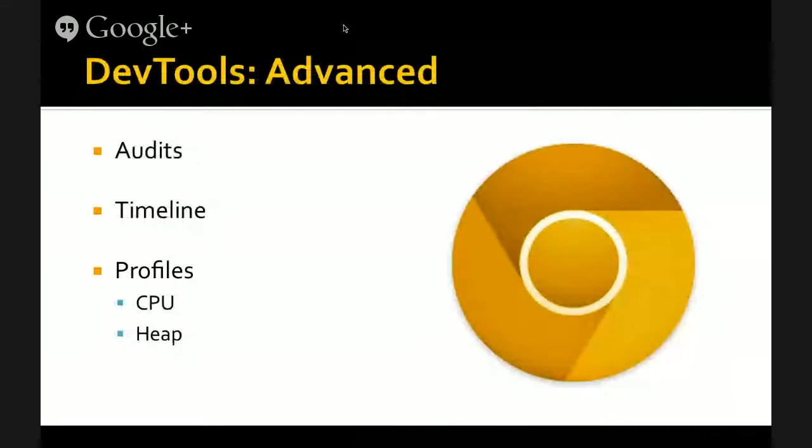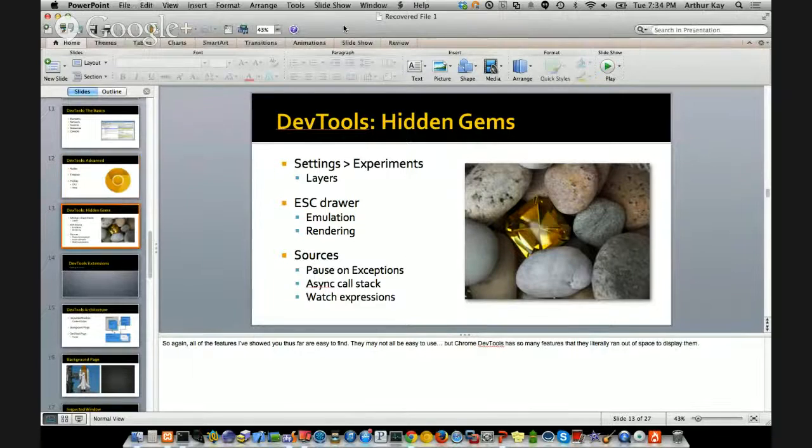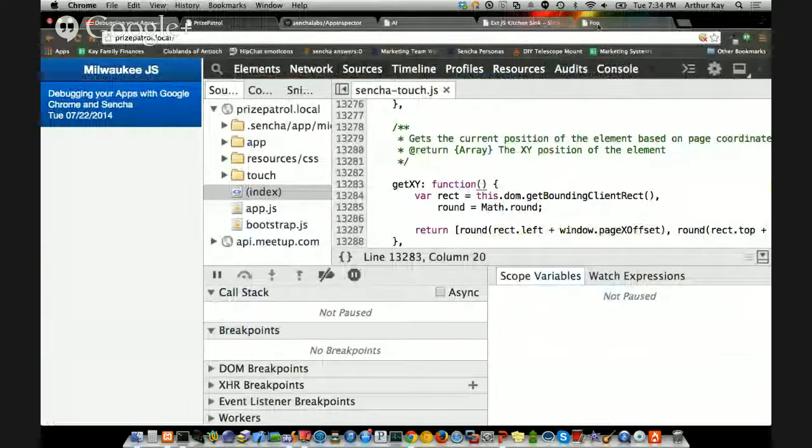Okay, so those are the advanced features, and again, there's probably like 2,000 other features of Chrome Developer Tools. So many that they ran out of space to physically show them to you. So I like to call these things the hidden gems of Chrome Developer Tools, because you really have to go digging into your settings to figure out how to just turn them on, let alone use them. I'll come back to that slide, but let's start with our layers